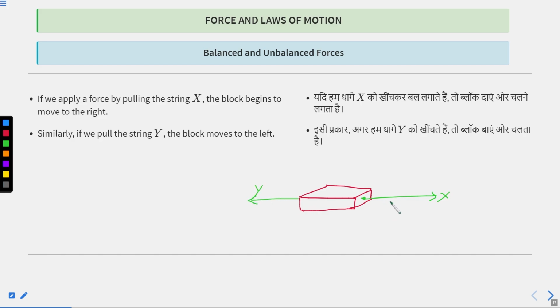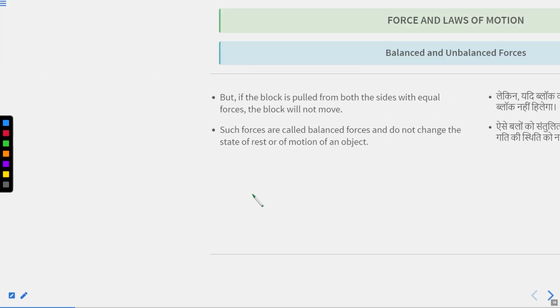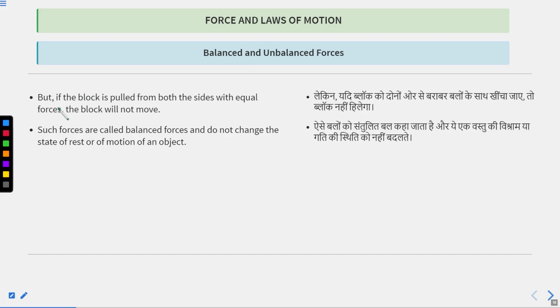If you apply a force in string X and start pulling the string, then the block will start moving in X direction. In a similar way, if you leave this string and start pulling string number Y, then the block will start moving in Y direction. But if the block is pulled in both directions,